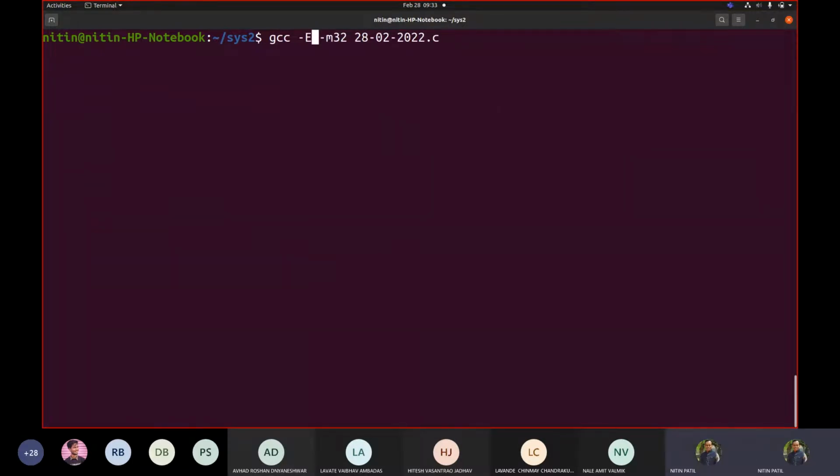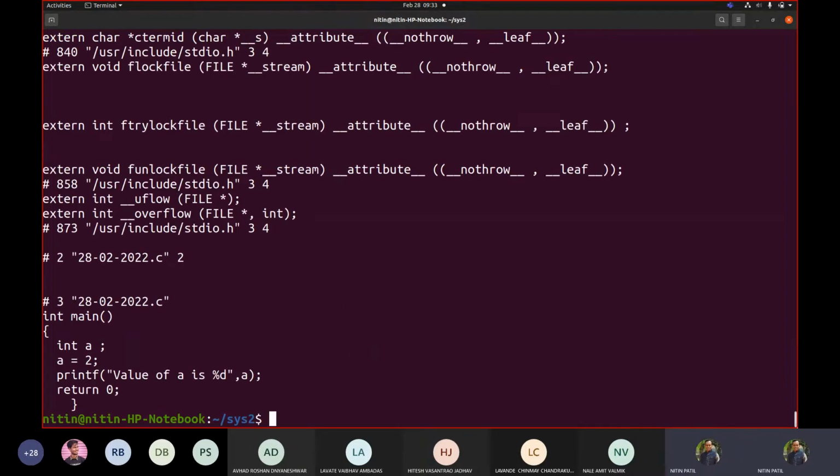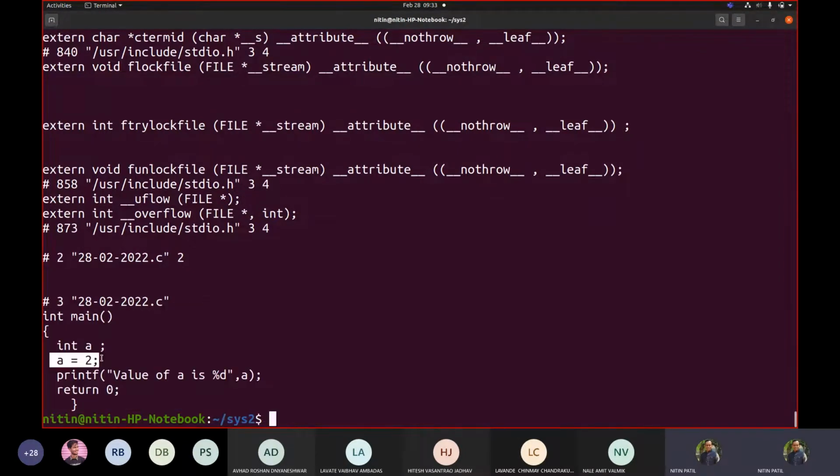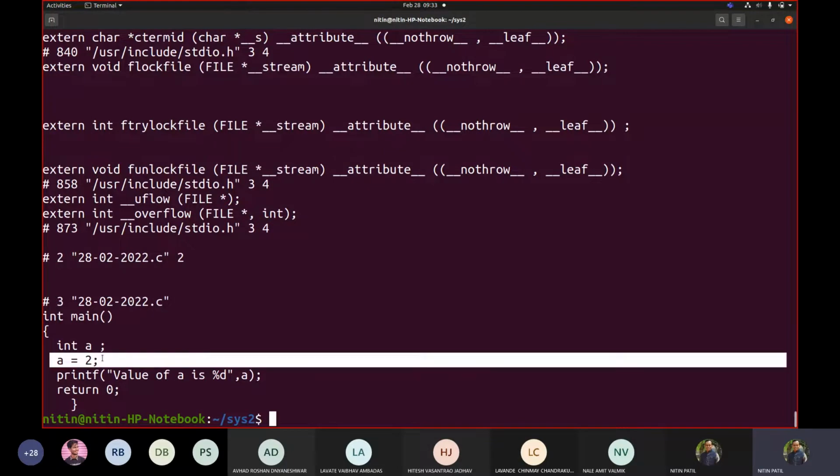You write here -E, capital E. Fine. Let me first show this on screen. So this is big output. I can see this is my code. Correct? Now max is not shown. I can see that a equal to 2 is directly written. Correct? So if I go above,